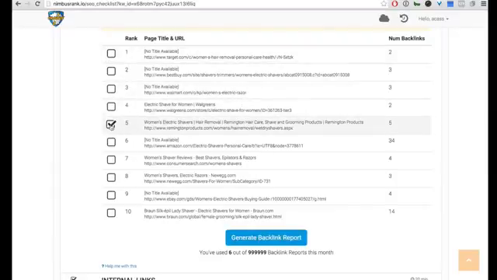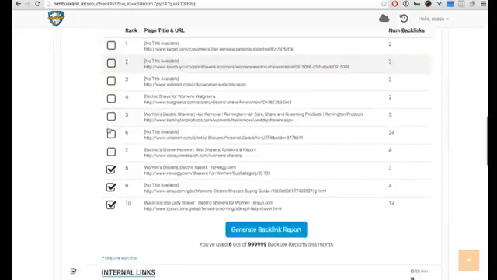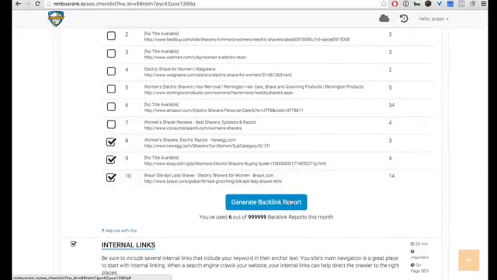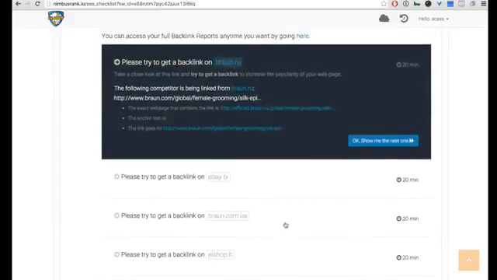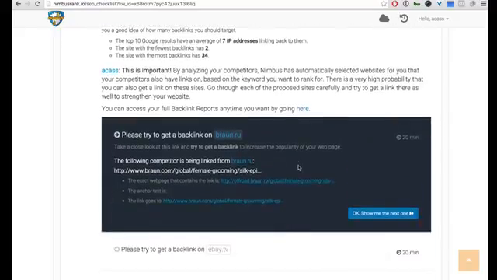Best Buy, Target, you don't want to go for those either. Amazon, no, but Consumer Research, Newegg, probably, eBay, and then this one. All these different terms can influence your ranking positioning as well. So what you do is you generate the backlink report, and voila, it'll tell you, for example, so this exact